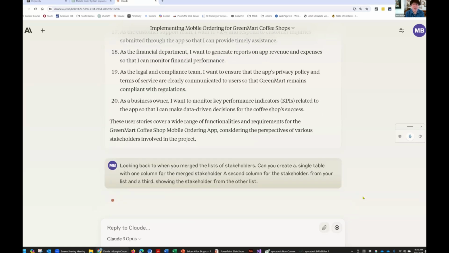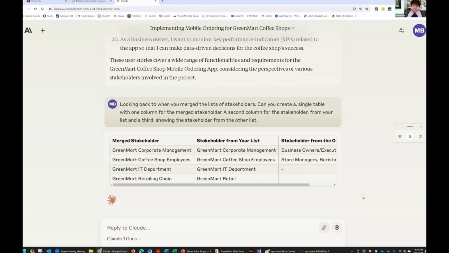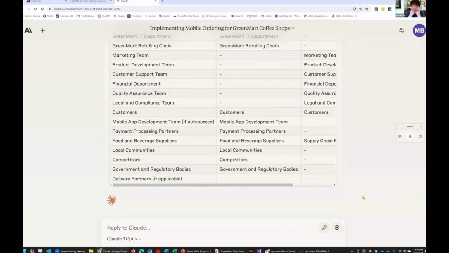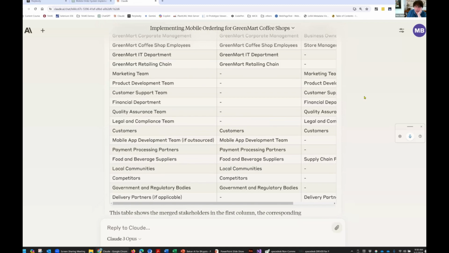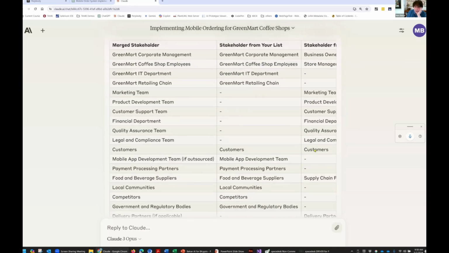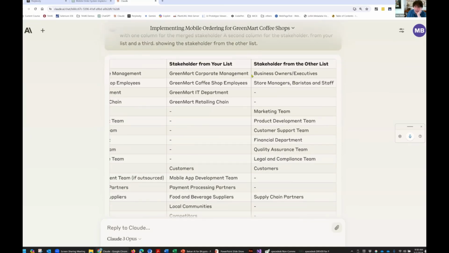Now, this is one of those here goes nothings, but if we want to compare these things, it's probably useful to say, where do we have cases where, for example, if we look at the lists, we see Greenmart corporate management was known as business owners executives from the other list.